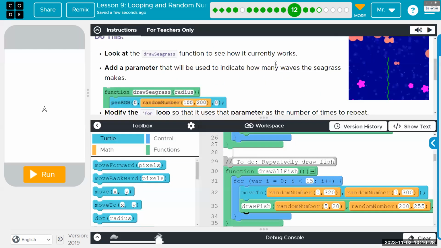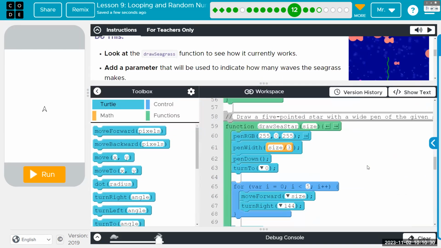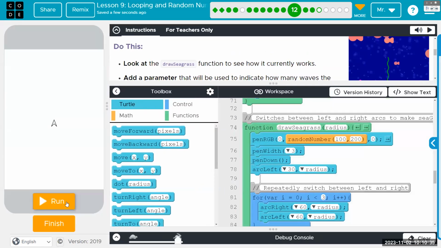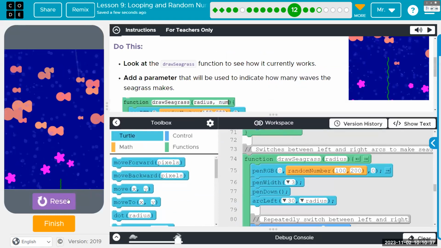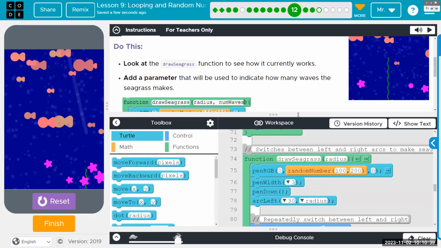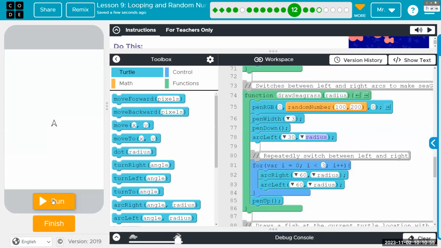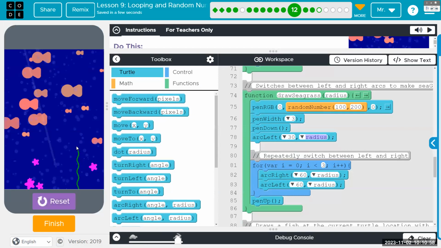If you go to the draw seagrass function, which is on line 74, we've written it so that it can receive a parameter that changes the size of the arcs. Whatever number we send it, this is from last time, will represent the size of these arcs. Higher number, bigger.